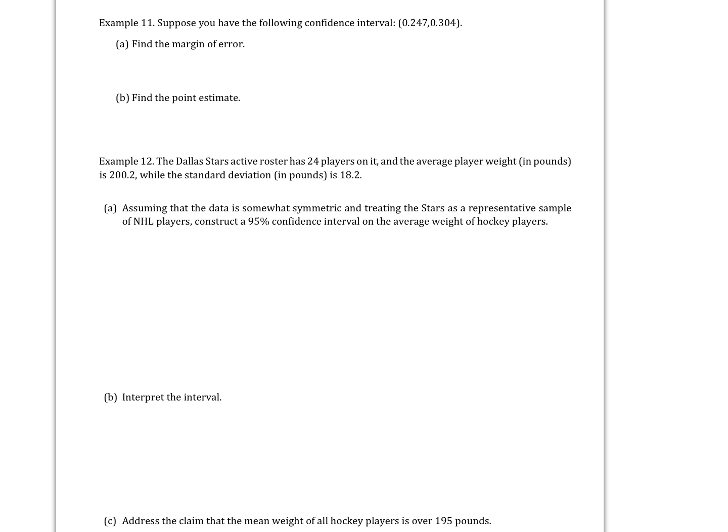The average player weight in pounds is 200.2, while the standard deviation is 18.2. Assuming the data is somewhat symmetric, so that's helpful, right? That accomplishes the normal condition for us. Treating the stars as a representative sample of NHL players, construct a 95% interval on the average weight of hockey